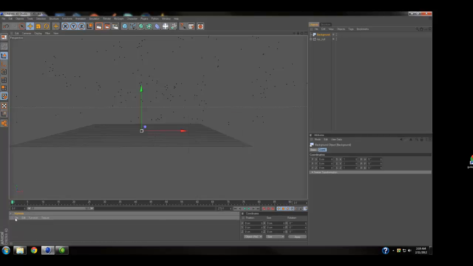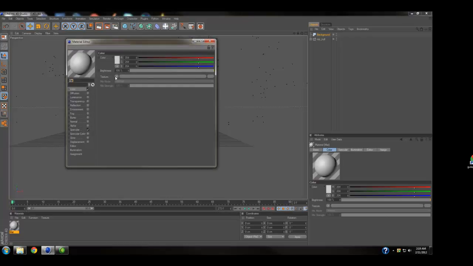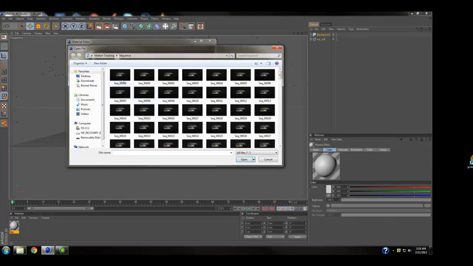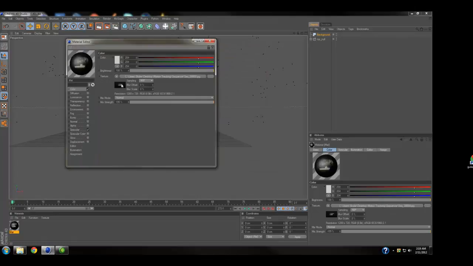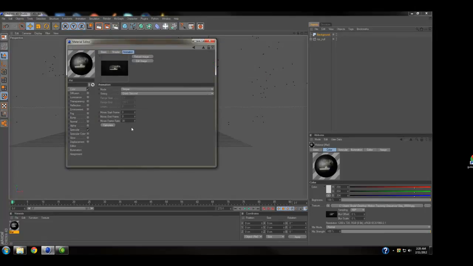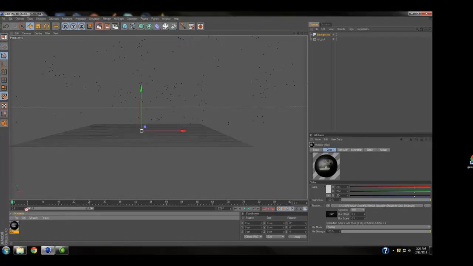Now if it was MOV, it would make a new material. Just go to File, New Material. It would look like this. Just load the image of your first sequence. Double click, push no, double click the picture, go to animation, and calculate each second. Make sure it's not on exact frame, make sure it's on exact second. Calculate the frame rate, and make sure specular is maybe not turned on. I'm just going to leave it on. I'll exit out of that and then put it on the background. Now